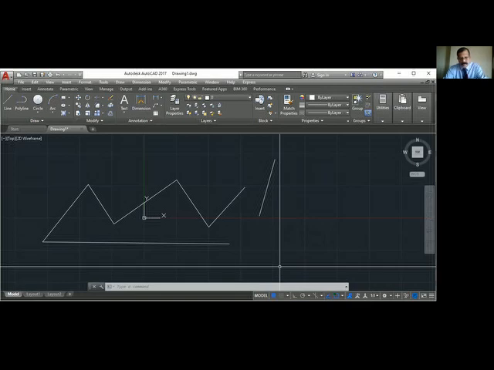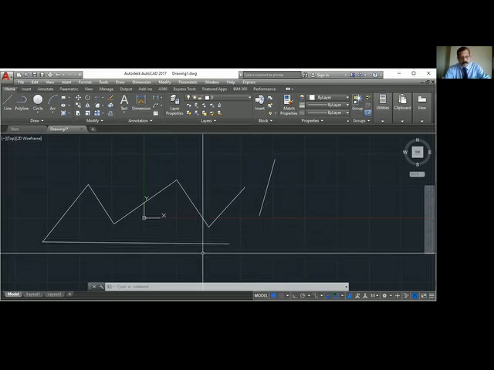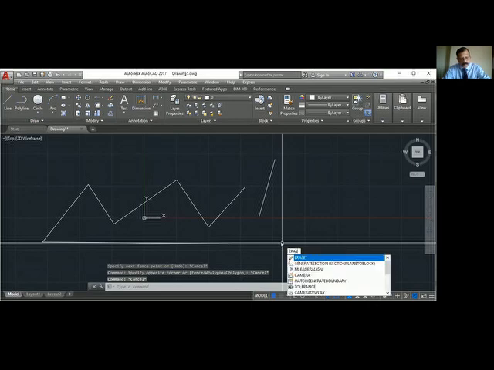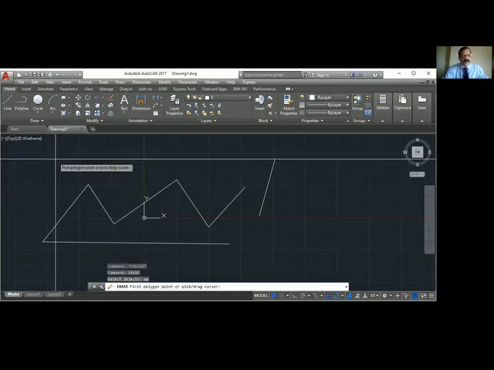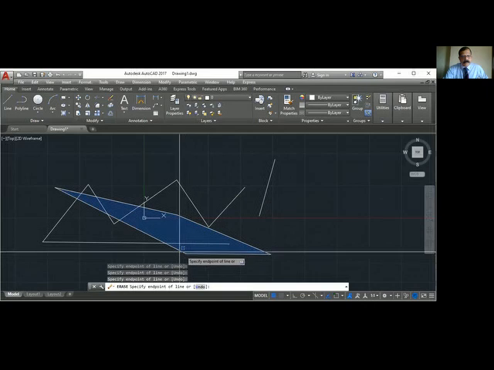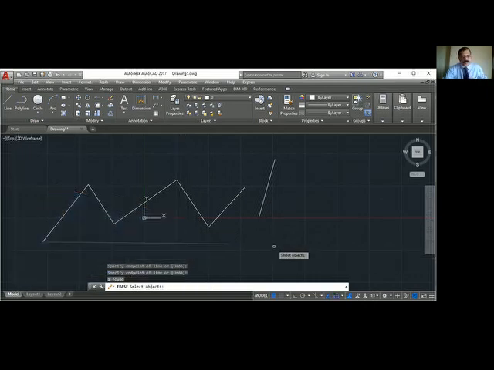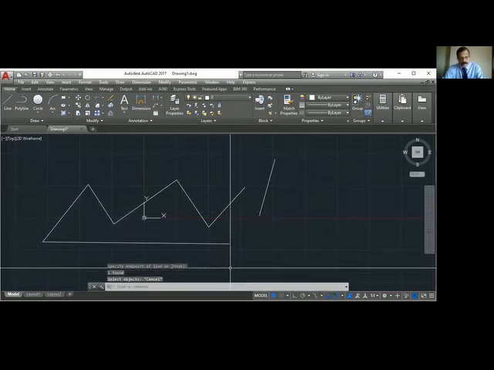Then I say erase. I will say WP, window polygon, and just show a window polygon. This is a window polygon. Enter. So whatever is inside that window is selected. Again erase.